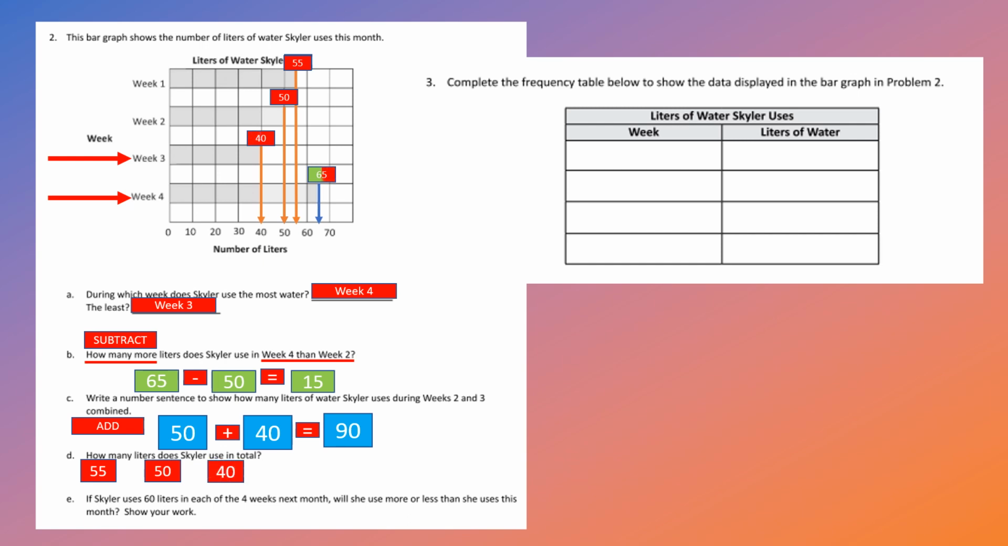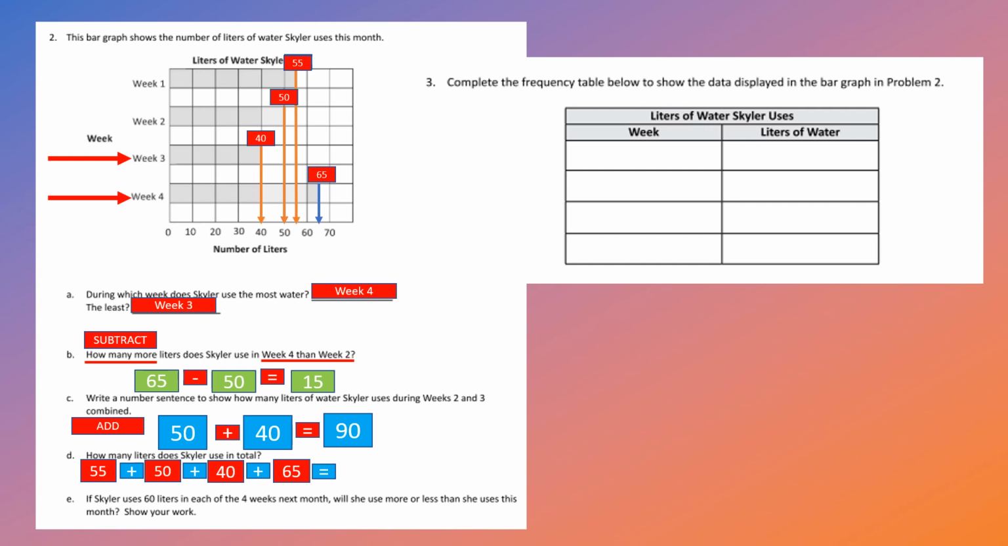40. And week 4 was 65. So I'm going to write 65 right there. Now, total means I have to add. So that means my equation is going to be 55 plus 50 plus 40 plus 65